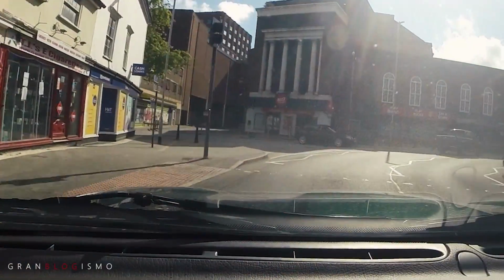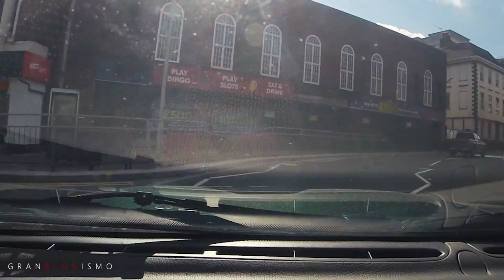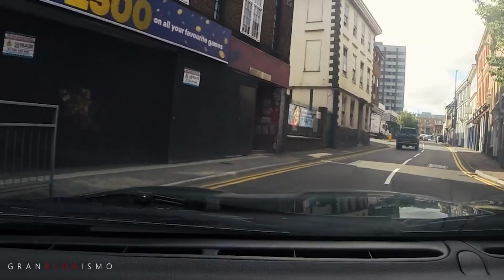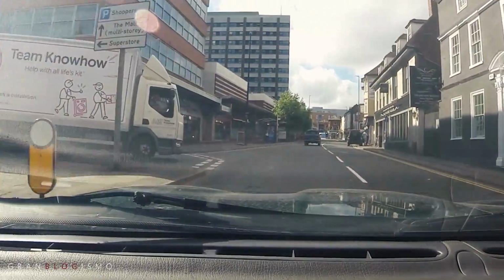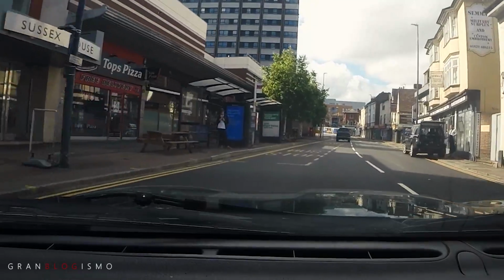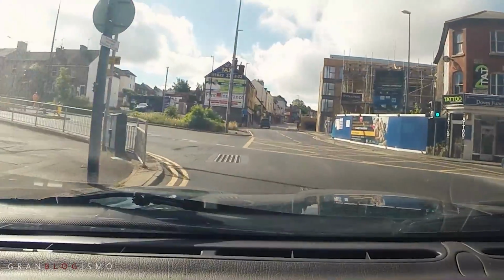So I don't know about bustling streets, but we do have quite a lot of roundabouts to contend with around here. It's just strange how, I guess it's a Sunday, so it's not going to be too busy anyway, but fairly deserted, which is high streets in general at the moment, I think. I have to get left